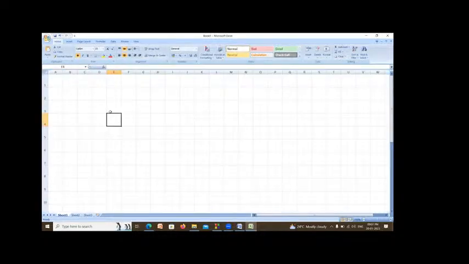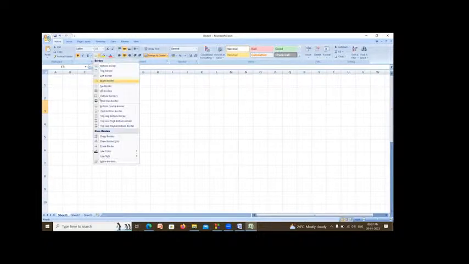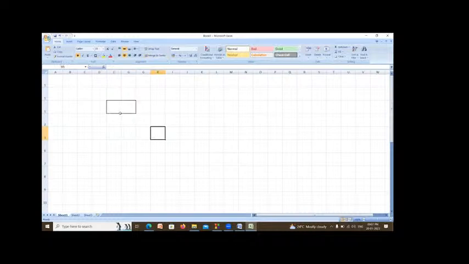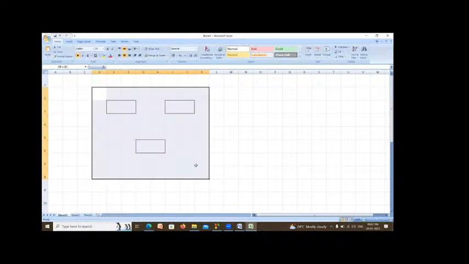Suppose I want to store data, then I need to use a container like this. In this container, I am going to store the data. I want to store one more value, then I have to create one more container. Here I am going to store one more data, and here also one more data. So I have to create three variables. Where will variables be created? Variables will be created inside the memory.